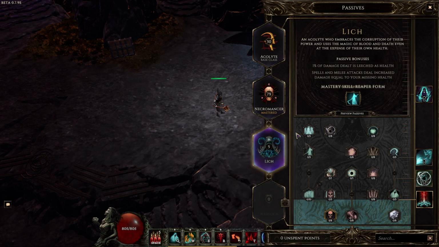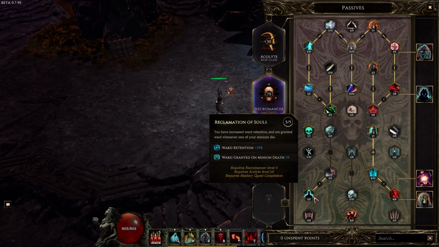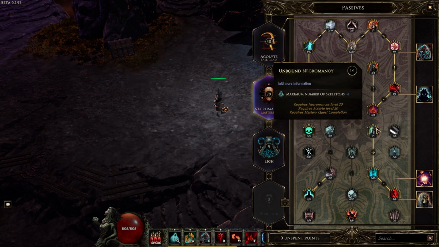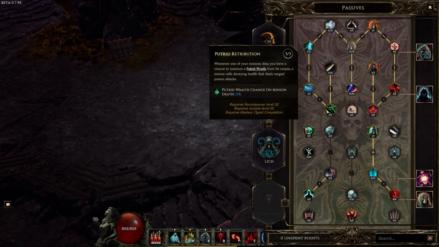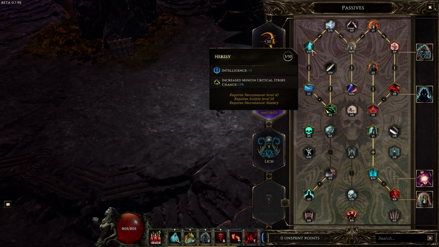points in the Lich with all 5 points in Crippling Insight, and 79 points in the Mastered Necromancer with 8 points in Risen Army, 5 points in Reclamation of Souls, 8 points in Blood Armor, 8 points in Mortal Tether, 1 point in Unbound Necromancy, 3 points in Putrid Retribution, 5 points in Frantic Summons, 5 points in River of